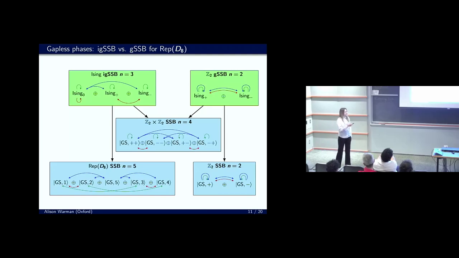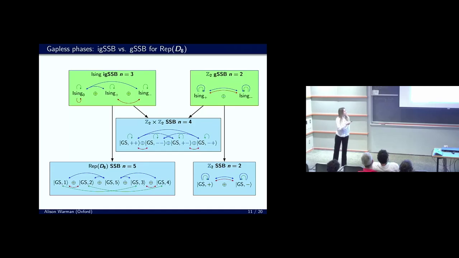This GSSB can be deformed to a gapped SSB, which has the same symmetry properties. But it can also be deformed to this other phase, in which the non-invertible blue symmetry is completely broken. So what happens is Ising plus and Ising minus each split into two Z2 orbits, exchanged by this red symmetry, as these two were. But this time, rather than being sent to the other Ising and itself, each vacuum here is sent to a sum of two different ones. So in this phase, the non-invertible E is completely broken.